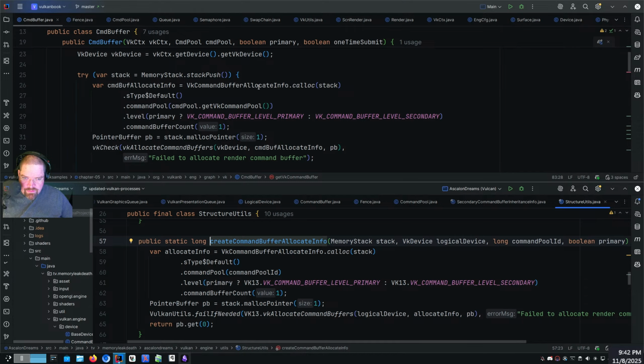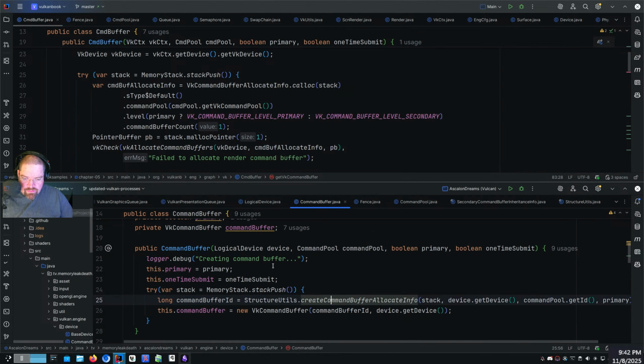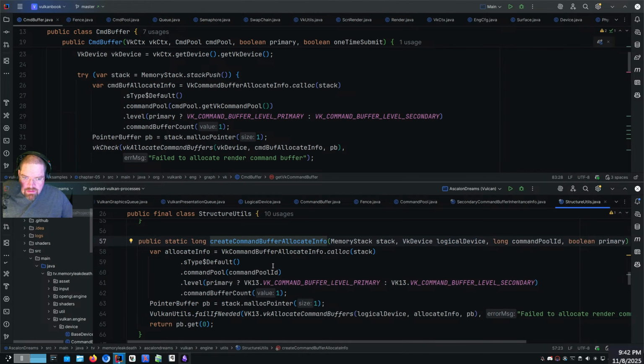Is command buffer allocate info, VK command buffer allocate info, call stack, default command pool ID, right, which should be command pool get VK command pool, right? Command pool get ID, yes. Okay. Primary, secondary, right. Command buffer count